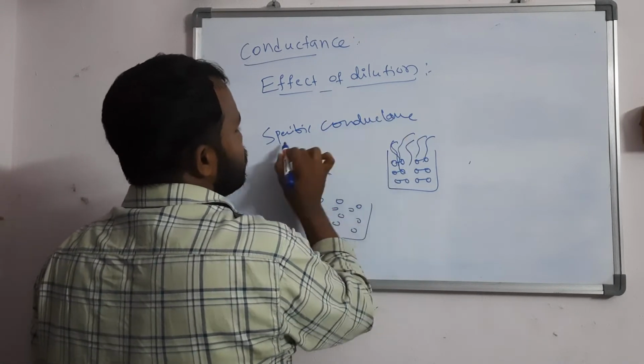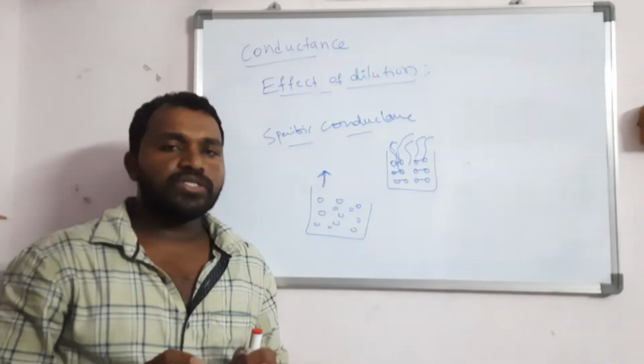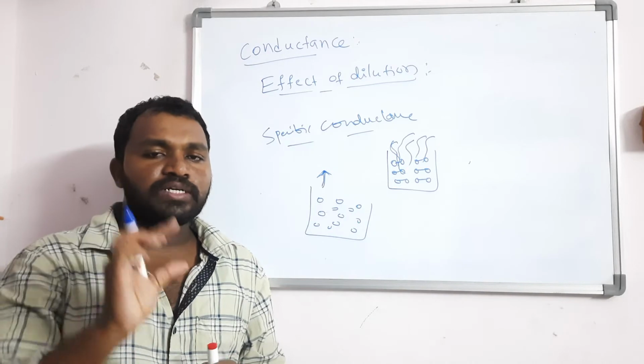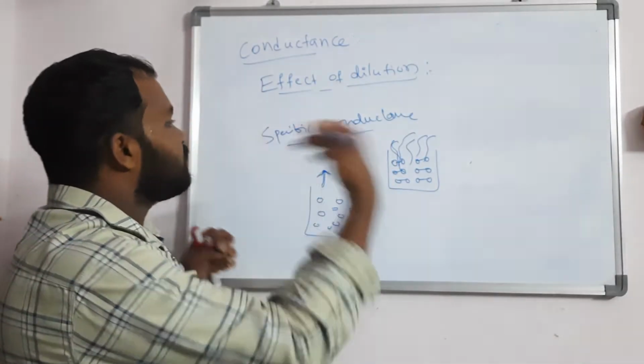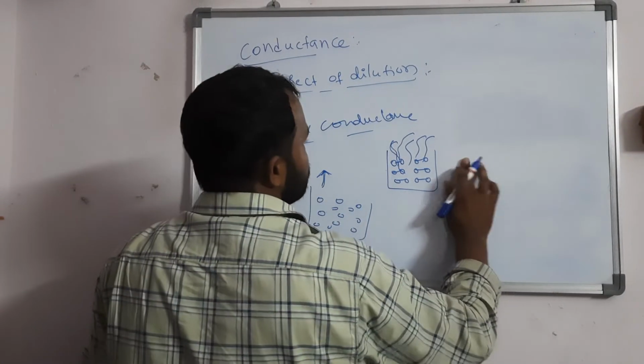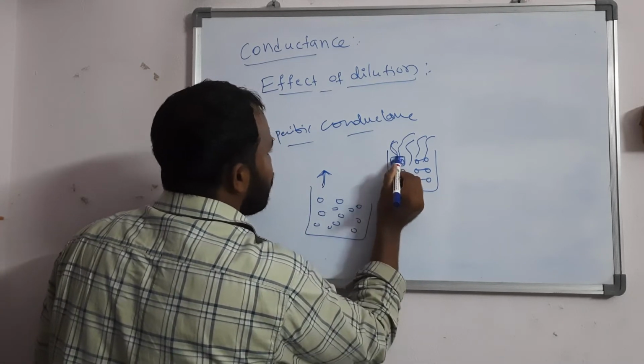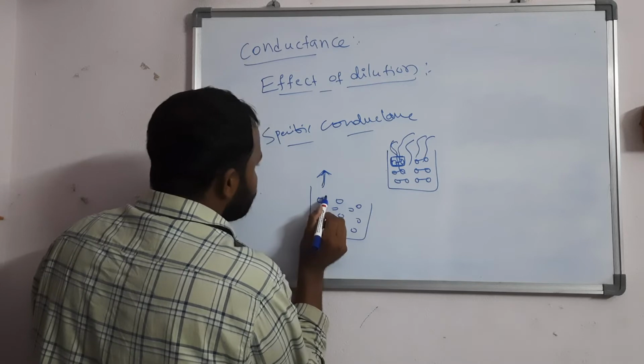Upon dilution, listen to the statement. Upon dilution, what happens? The number of ions present in unit volume decreases and specific conductance decreases. So if previously this is the length, unit volume, right? So now